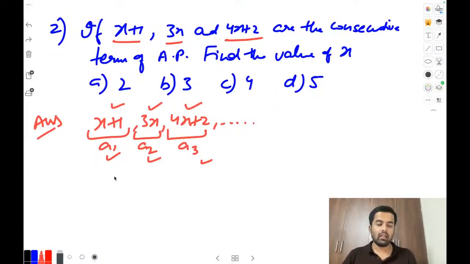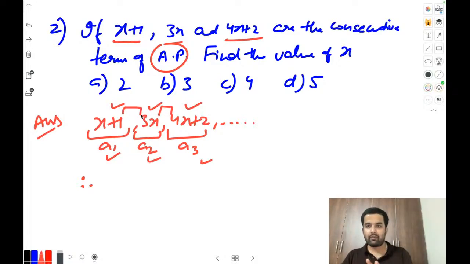Let me check Ayan then. See here, for getting the x value, we will see, it is a given AP, right? Which means the gap will be equal, which means this gap and this gap will be equal. So with the help of gap, we will figure out the x value. So how to do this? For getting the gaps, what you'll do, A2 minus A1 only now. Correct? This minus this you will do to get the gap.